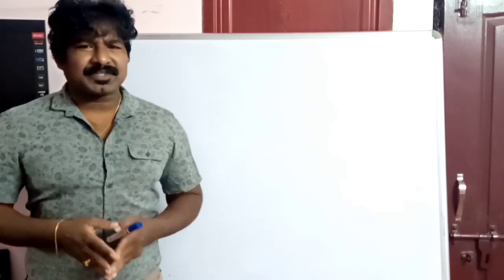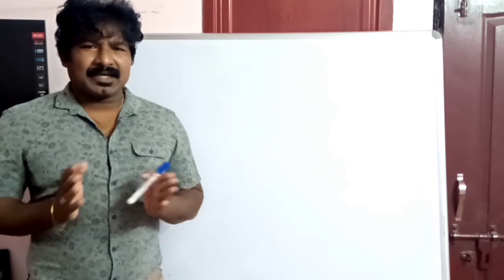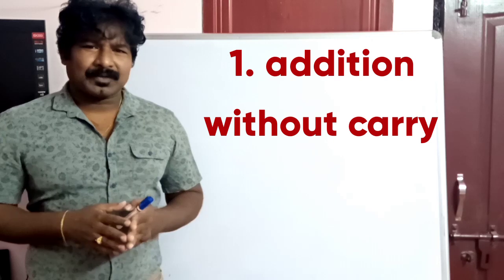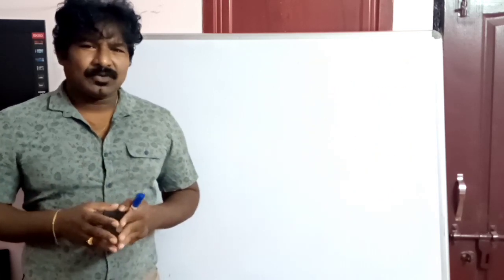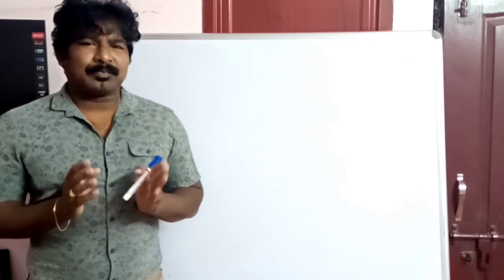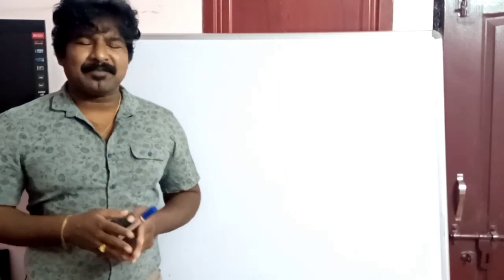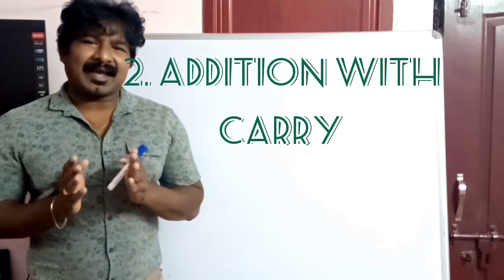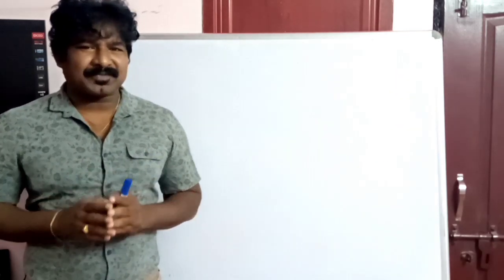In addition of two 16-bit numbers, we discuss two types of additions. The first one is when there is no carry. That means when we add two numbers, there may be a chance of getting a carry. So in the first program, we'll discuss the case where there is no carry. In the second version of the same program, we'll discuss how to write a program for when there is a carry result when you add two numbers. So we'll write these two programs for addition.